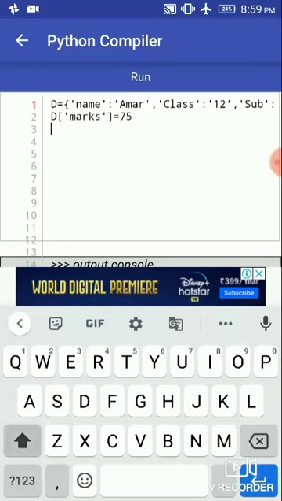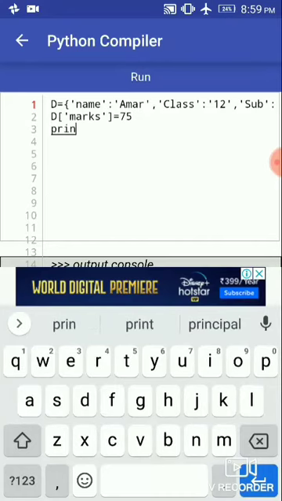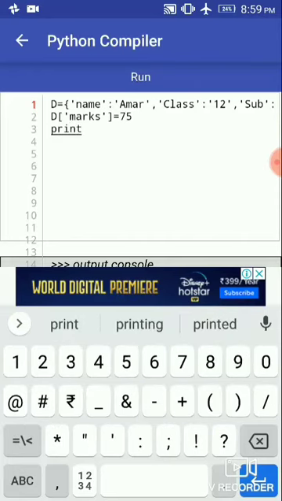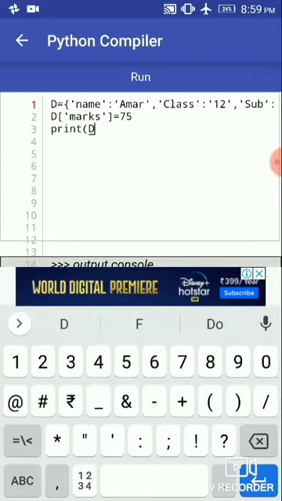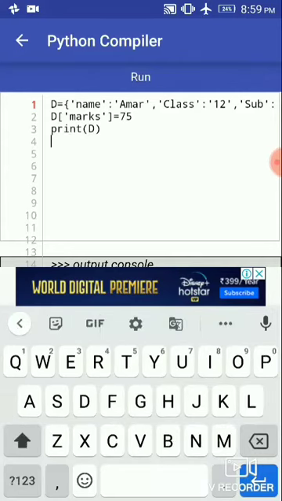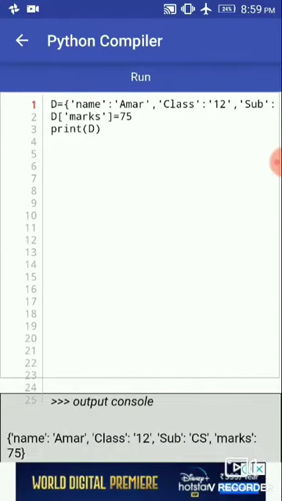Let's take the printout of the dictionary and see what the changes are. So print, then the name of our variable, and then enter and run the program. So here we can see the other key, marks, is added to this dictionary, and the value is 75. We can also update another key's value.